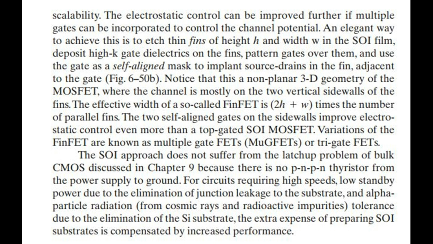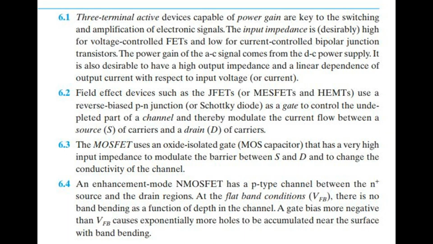Summary: 6.1 Three-terminal active devices capable of power gain are key to the switching and amplification of electronic signals. The input impedance is, desirably, high for voltage-controlled FETs and low for current-controlled bipolar junction transistors. The power gain of the AC signal comes from the DC power supply. It is also desirable to have a high output impedance and a linear dependence of output current with respect to